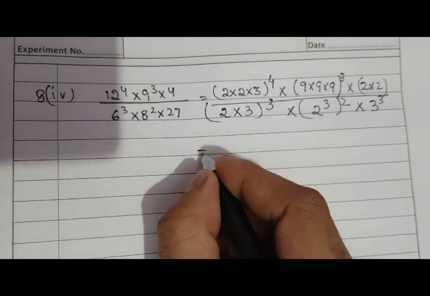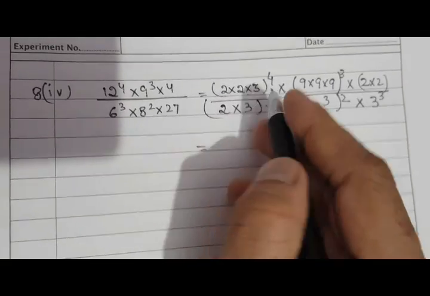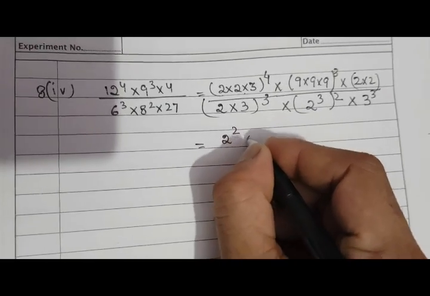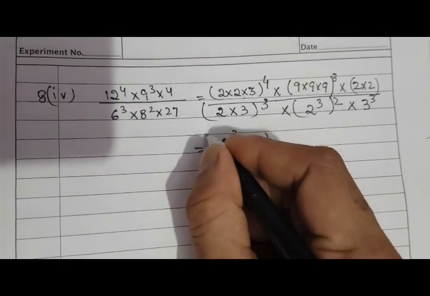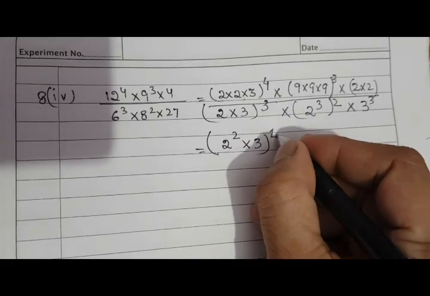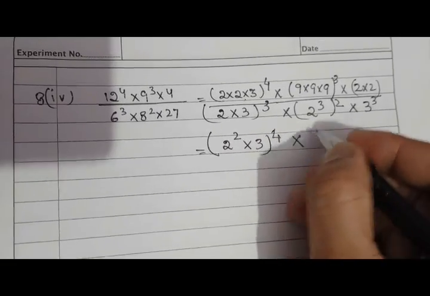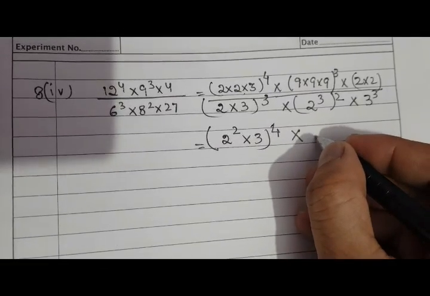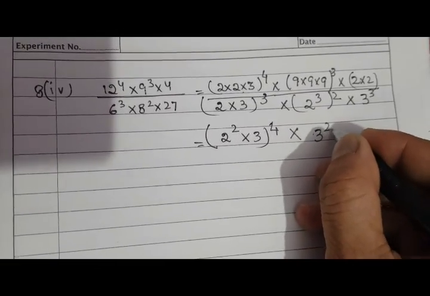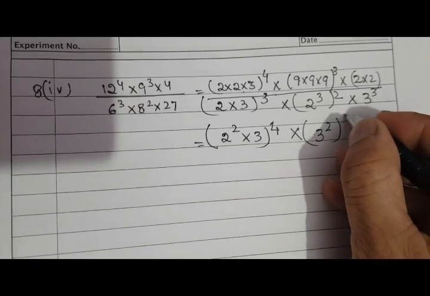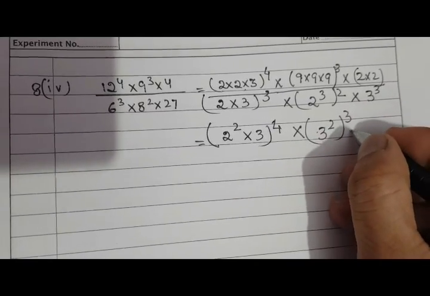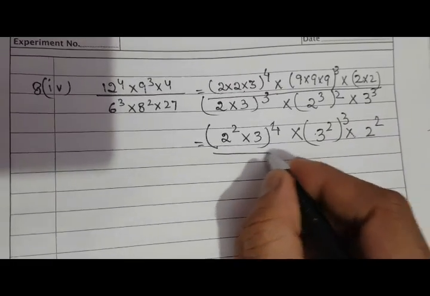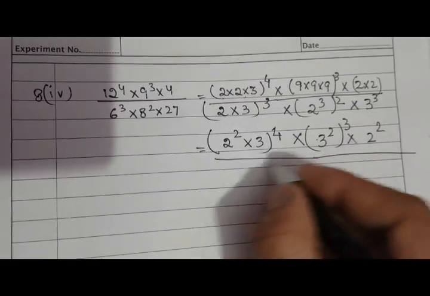So the moral of the story is, now we know 2 2s are 4, so we will write 2 to the power square into 3 4 times into, and we can break 9 also, 3 into 3, isn't it? So 3 square 9, how many times we have? 3 times, 3 to the power this like this into 2 square upon